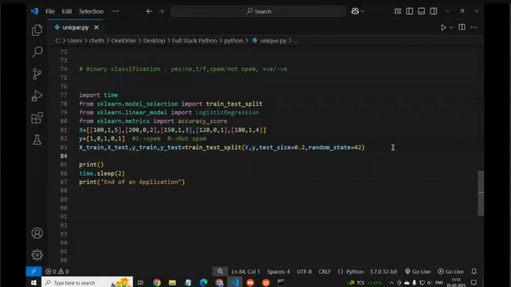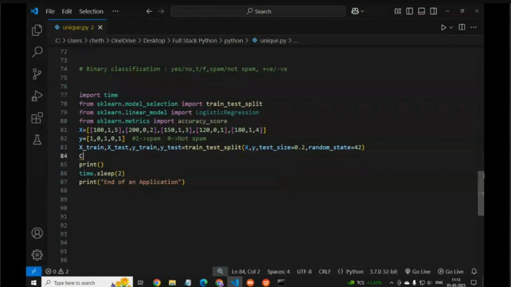After this we have to create one model and train it. Here we use logistic regression.